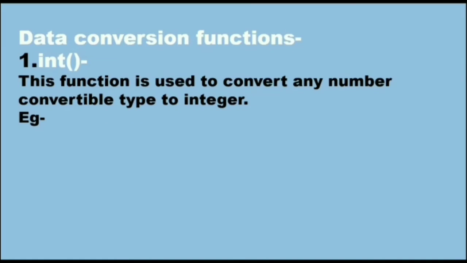The first function, that we have already discussed in our input-output video, is the int function. What does this function do? It converts any number convertible type to integer. Number convertible type means it can either be an integer value, or a string that contains an integer. I'm taking an example over here. If your number is 9.8, it is integer convertible. When you apply the int function over this, it will convert it into 9. In the same way, there's a string 123. Now this string is containing digits, so it will be converted to numeric form.